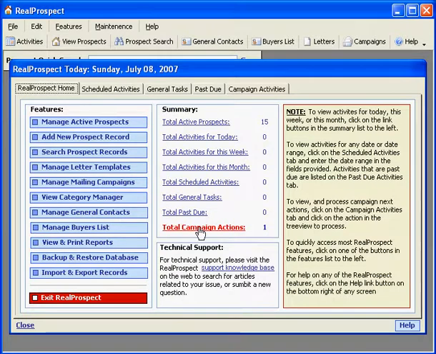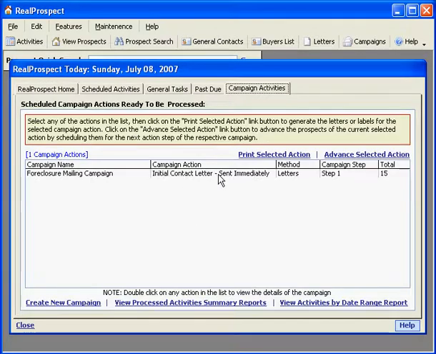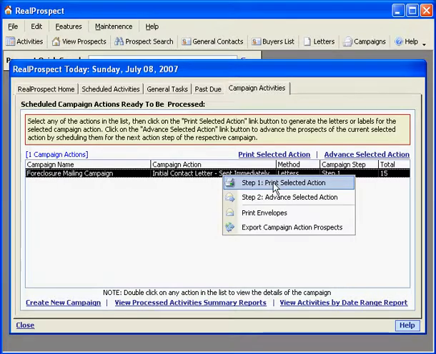On the activity screen, a mailing campaign is now ready to be processed. And this is because I created that initial mailing campaign step, and it automatically was applied to all of the prospects that were in the foreclosures category. Now here what we would do is typically print the selected action, and what that would do is go out and preview the letters, and then you could send them to your printer, and it will actually print the letters for each one of those prospects, and then you could take them and fold them and stuff them and do what you got to do to get them